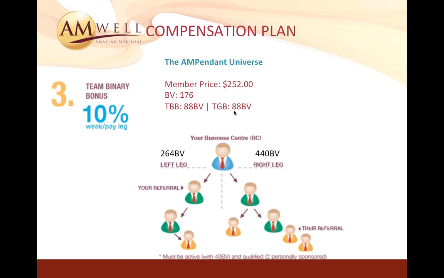So there's also what we call rollover. What it does is it subtracts the 264 volume off of the left side, and you'll get paid 10% on that. Anything left over will automatically roll over to the next period. Like, for example, if you subtract the 264 from the 440, there's going to be a balance on the right side. That'll roll over to the next period. So, you still get cashed out on all of your commissions in a weekly period.